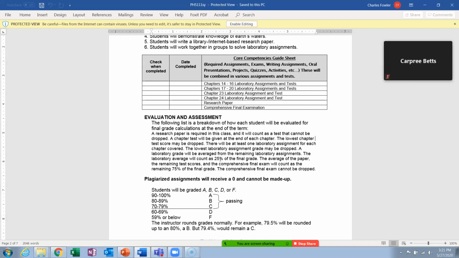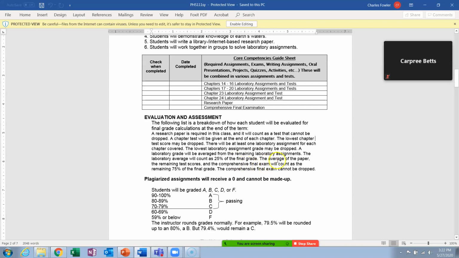Okay? So, now if you don't turn one in, it'll show up as a 0, unless that's the one you drop. Okay? So, that's the difference. If you see it not listed, that means I used it as a drop. If you see a 0 there, that means you didn't turn it in and it got counted as a 0. Okay. So I'll average your labs together. That's 25% of the grade. It's going to be a number between 1 and 25. Okay. So that'll be your lab.